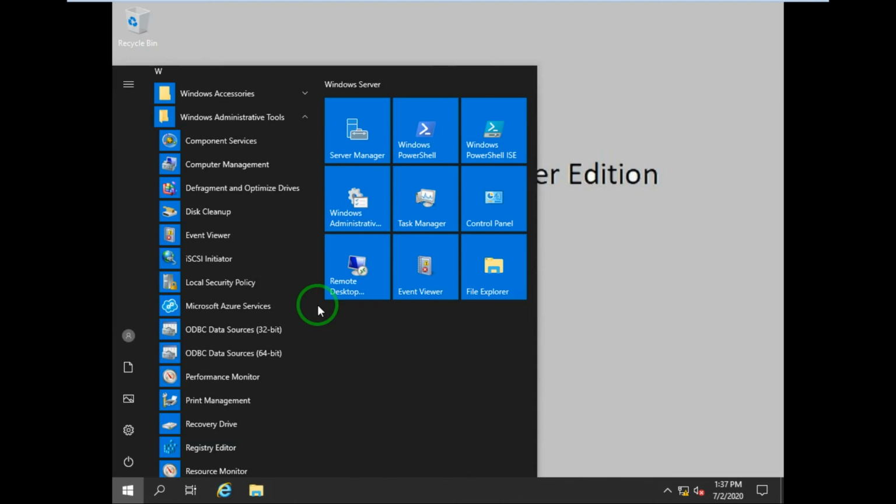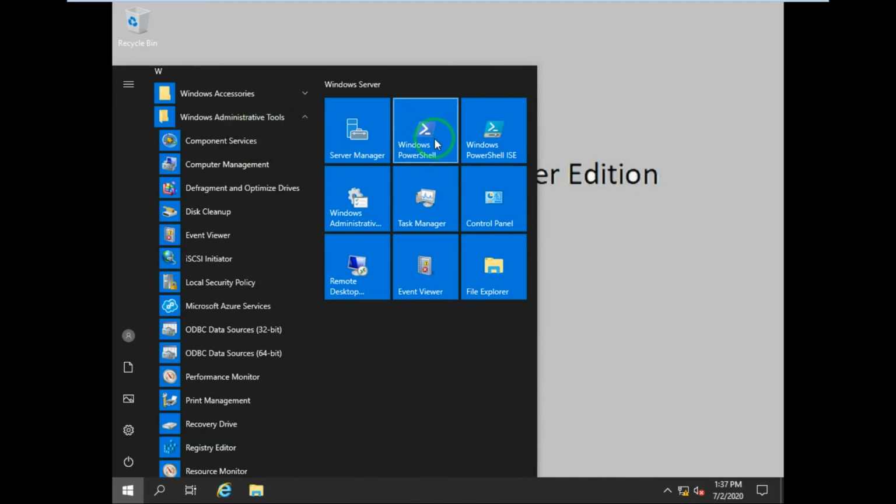So with the help of admin tools, I'm able to manage all those components. Like now if I'm going to install AD services or DHCP services or DNS services, once I install those services, they're showing me the components over there. So with the help of these Windows Administrative Tools, I can manage my DHCP and DNS services as well. So this is the Windows Administrative Tools.